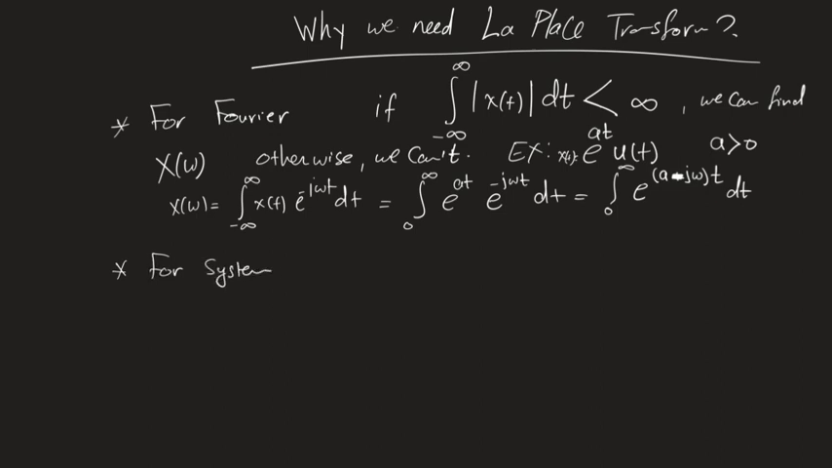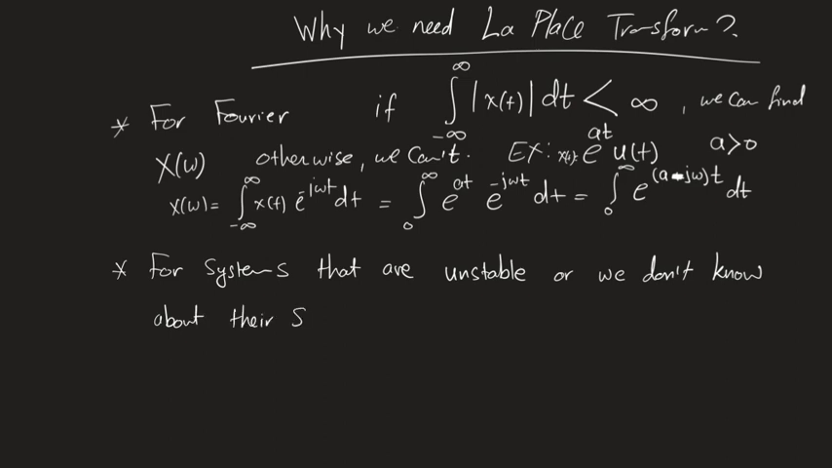The other reason is, for systems, very similar, but from a systems point of view, that are unstable, or we don't know about their stability, we can, let's say this is number I, and this is number double I. We can, for I, find their frequency domain representation,